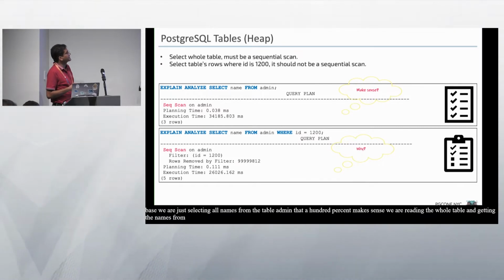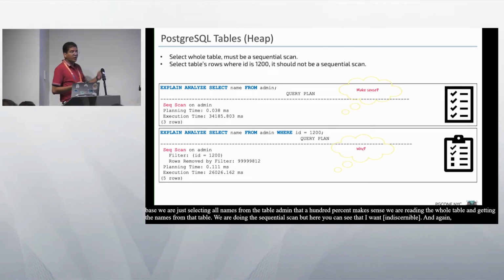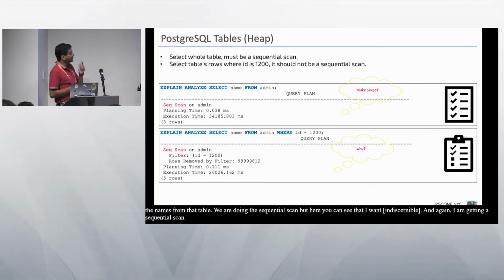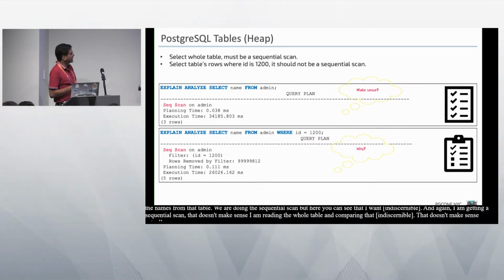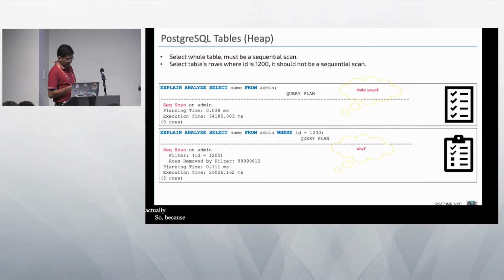That 100% makes sense. But here you can see that I want where ID is equal to 1200, and again I am getting a sequential scan. That doesn't make sense because I am reading the whole table and just comparing where ID is 1200. That doesn't make sense actually, because it takes time, and you can also see that it will take time. But in the next slide,